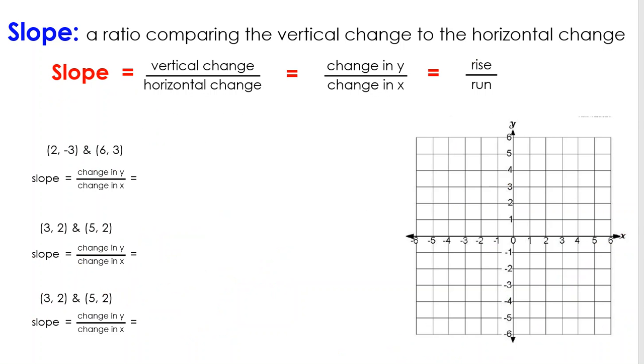So we're not always going to have a graph that we're going to use to find slope. Sometimes we're just going to be given 2 coordinates, but it still comes down to that idea of change in y and change in x. So I'm going to use a graph to help explain where this rule that we're going to use is going to come from. So I have my first point, 2, -3, and then our other point is 6, 3. So over 6, up 3. And now if we draw in that line here,